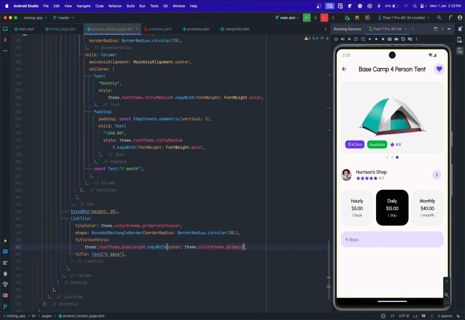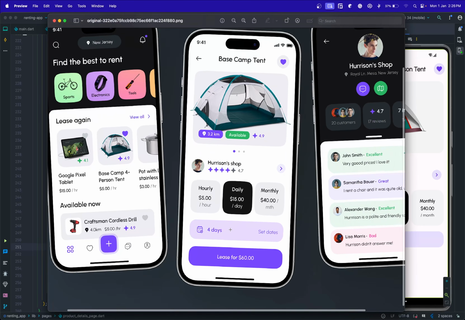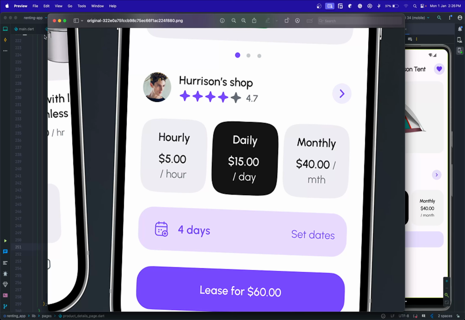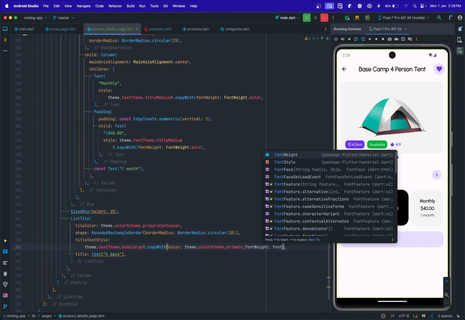And we need to make this bold as well, I think so. Let's look at the UI. So I think it's bold. So just here we can make it bold. So font weight bold,